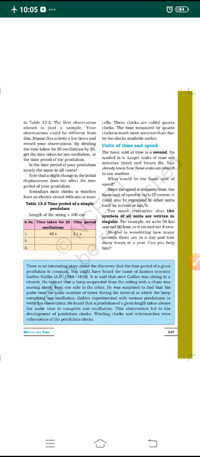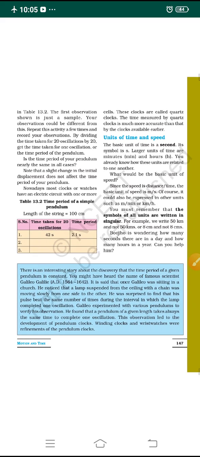Dear students, in the previous class I was explaining about the time period of a simple pendulum. The time taken by a pendulum to complete one oscillation is known as time period. We have taken an activity wherein we made the bob of a pendulum move. Without applying any force, we allow it to move in a to and fro motion, that is called oscillatory motion. So we have to consider the number of oscillations completed by the bob and